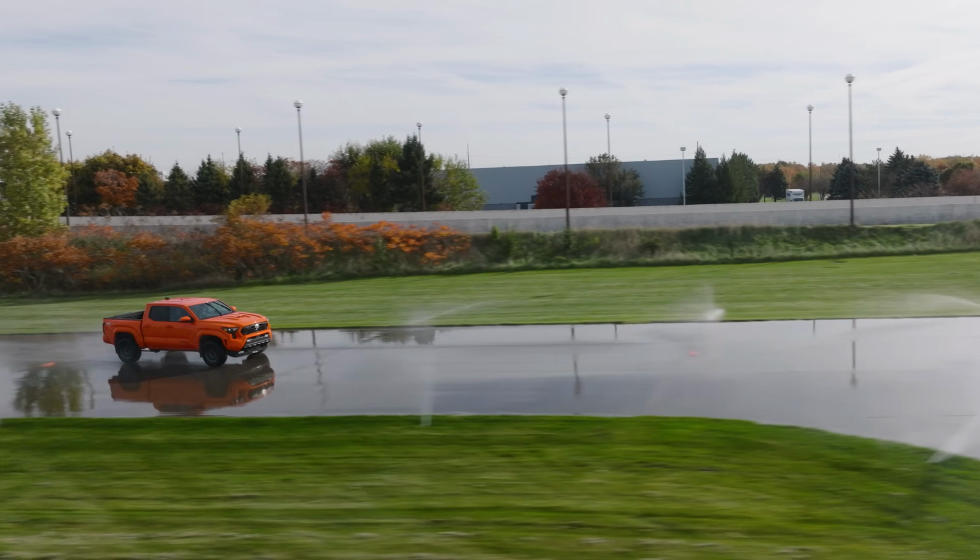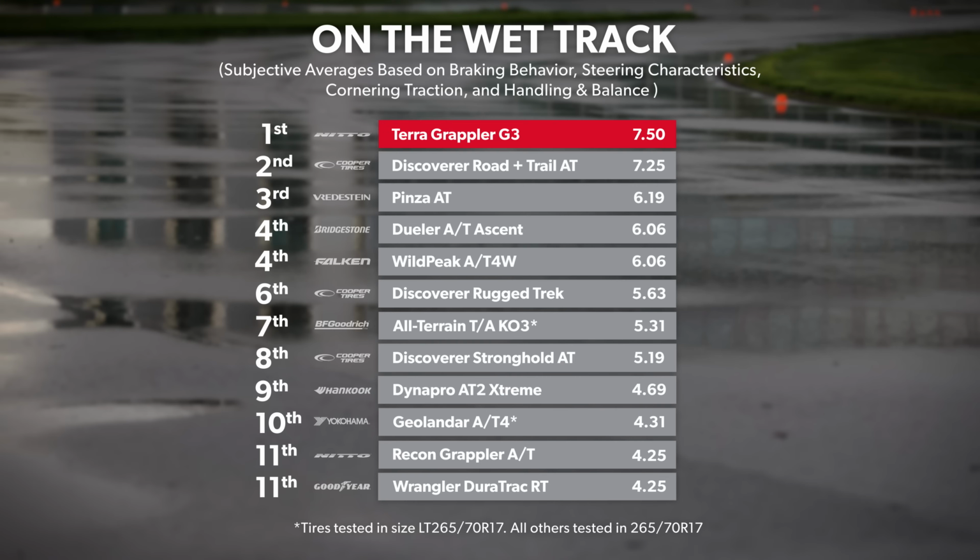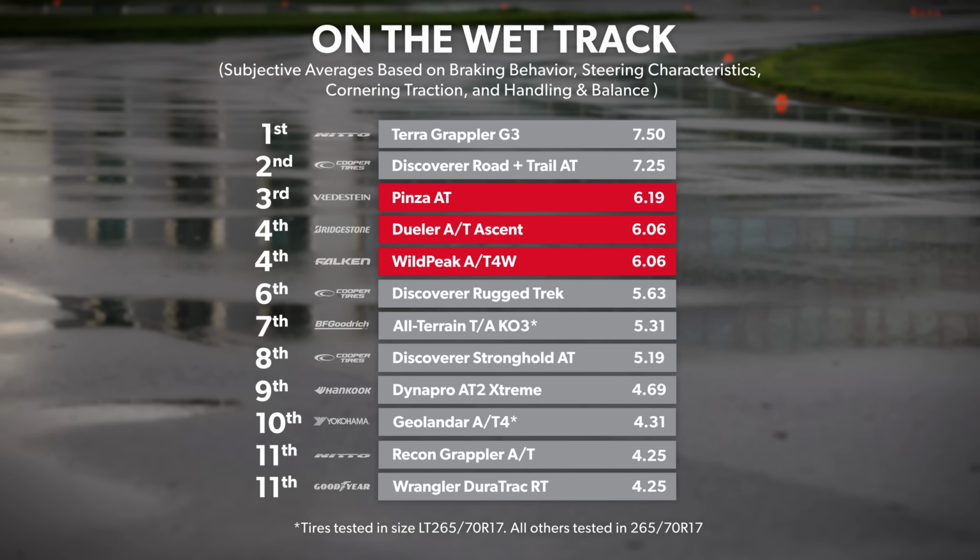Some of the test group's largest differences revealed themselves in the wet. Not only was the Nitto TerraGrappler G3 a standout in objective traction, but subjectively it led by a healthy margin. Once again, right on its heels, the Discoverer Road Plus Trail AT was determined not to let it get out of its sight. The Pinza AT, Dueler AT Ascent, and Wild Peak AT4W all demonstrated good proficiency in the wet